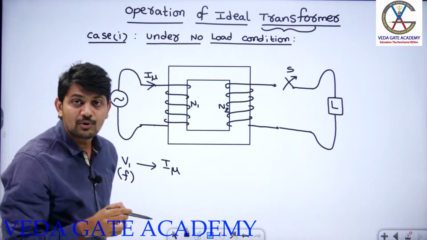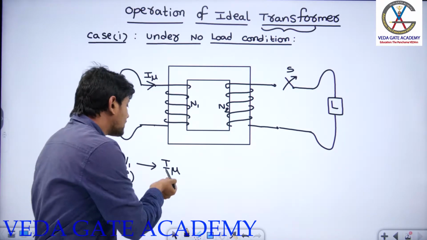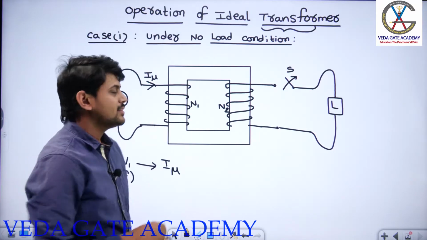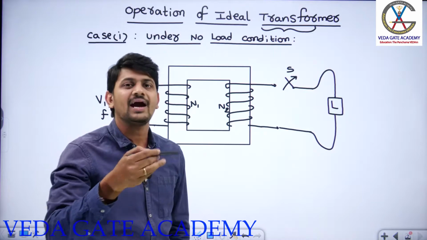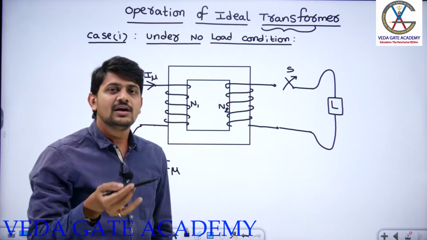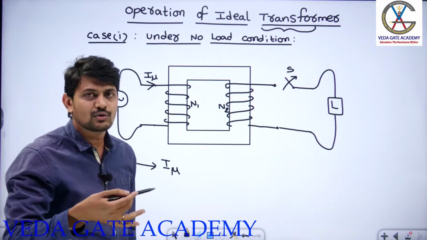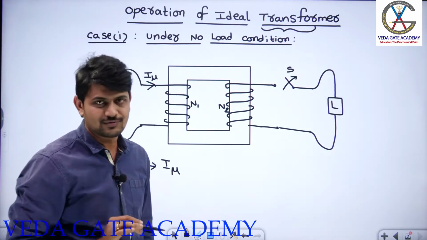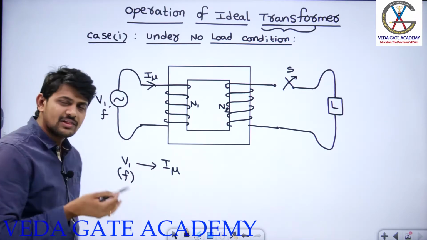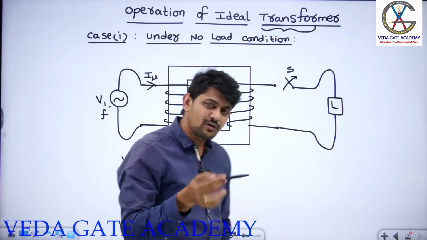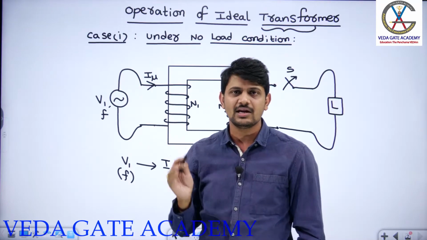So what is the meaning of I mu, guys? The meaning of I mu is the magnetizing component of current. What is the purpose of this magnetizing component of current? The name itself indicates that it is used to magnetize the core. What is the meaning of magnetizing the core? It is nothing but used to produce the useful flux. Over the period in the classes, we will try to understand whether it is reactive in nature or active in nature, and what the purpose of reactive power is. Every piece of information we will try to understand during the classes, trust me.